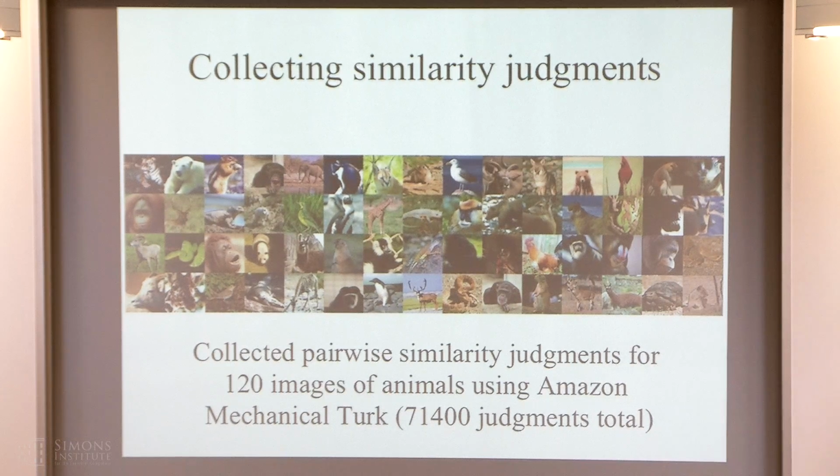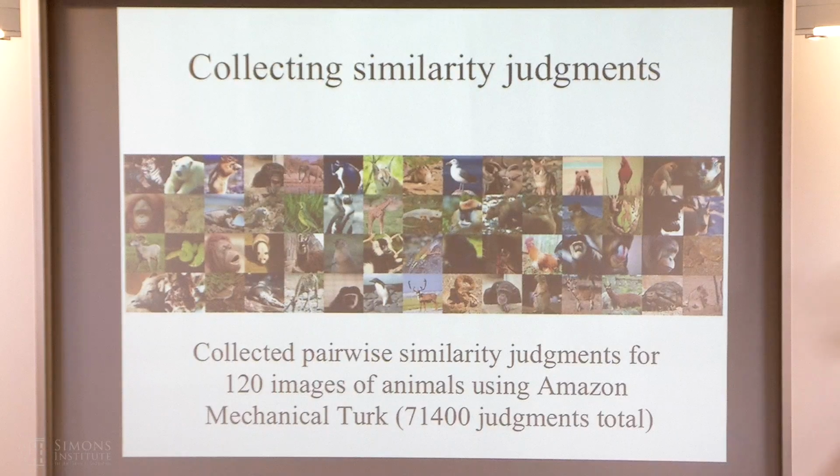And then we can take that pairwise matrix and we can look at how well the human similarity judgments for those images correspond to the similarity as evaluated against the representations in a convolutional neural network. To do that, we took a set of pre-trained neural networks that had been applied to ImageNet. And we took inner products in the layer which is the last layer before the output layer of those networks. So it's like FC7 in AlexNet. And then we looked at how those correlated with the human similarity judgments.